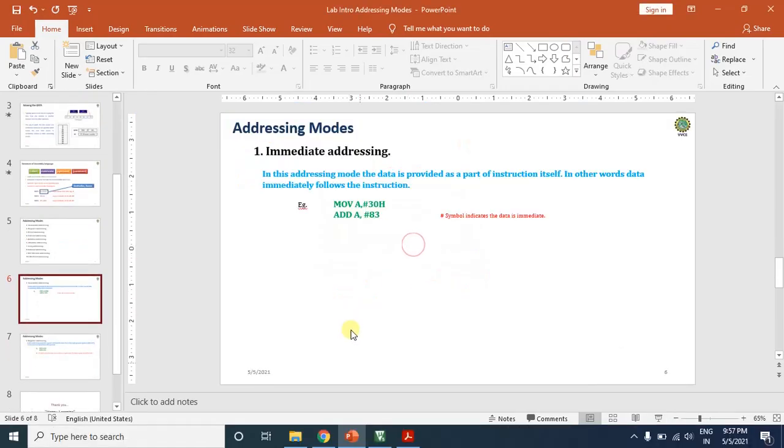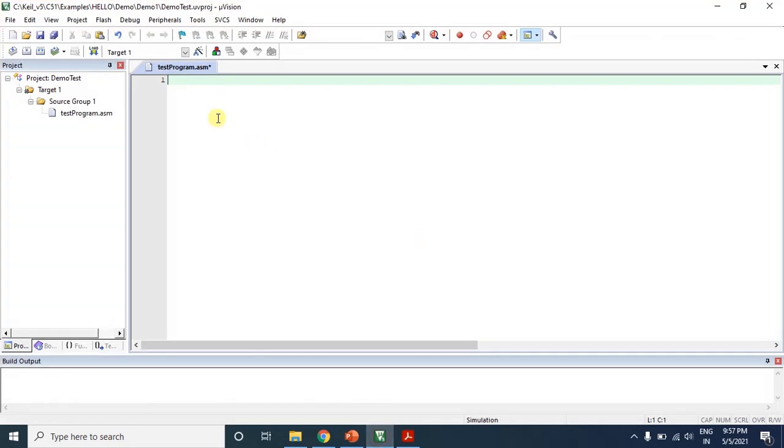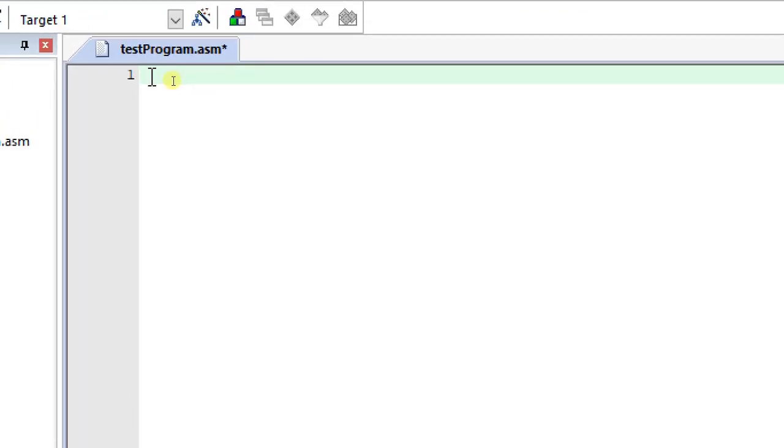So let us execute this program. I'll just write that. All the assembly programs start with ORG.